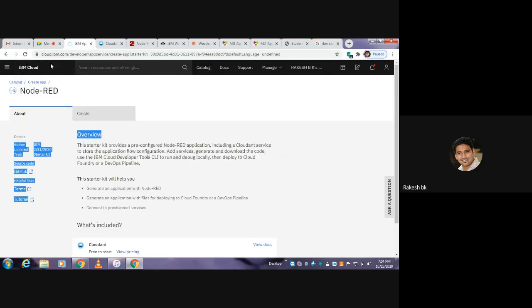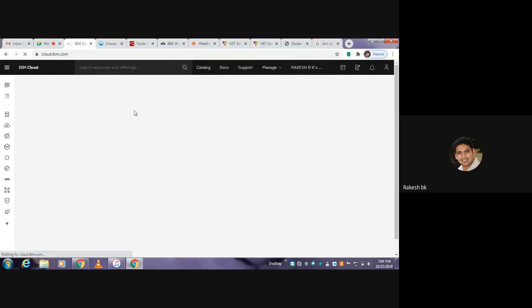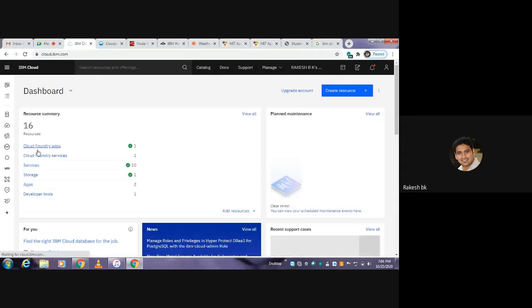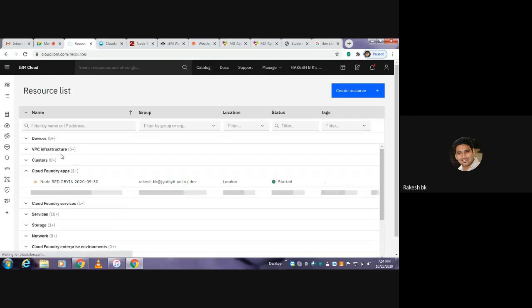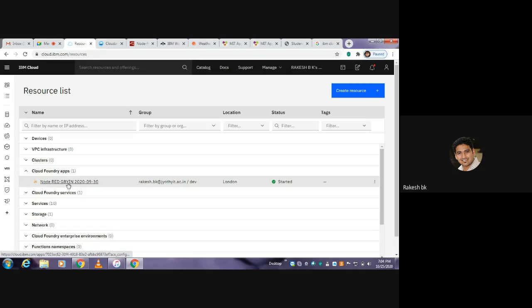Once you get started, go back to the IBM Cloud base where you have created a service for the Node-RED app. That will be under your Cloud Foundry apps. Cloud Foundry apps, right? If you click onto that, it will again redirect to the service you have created just now.